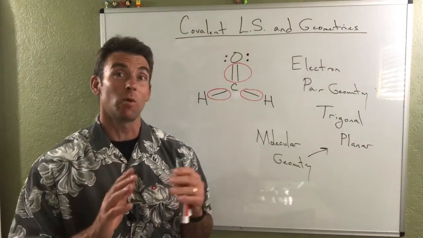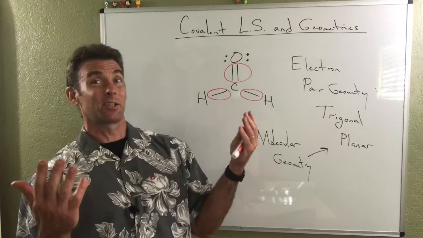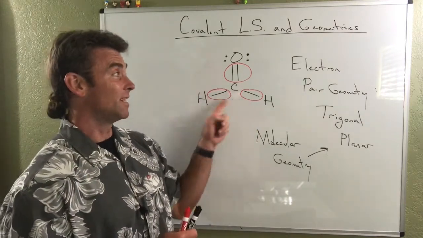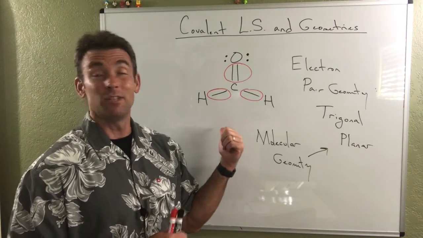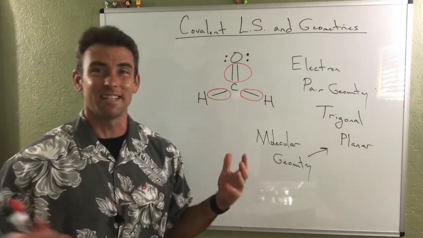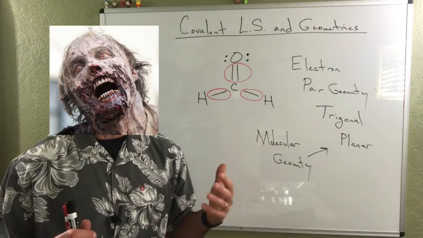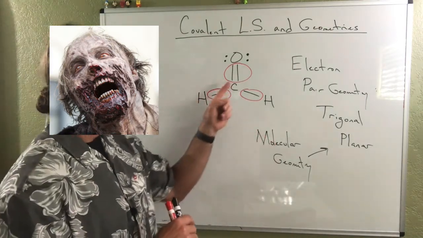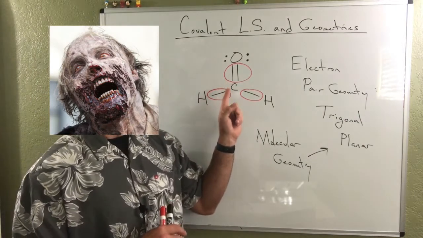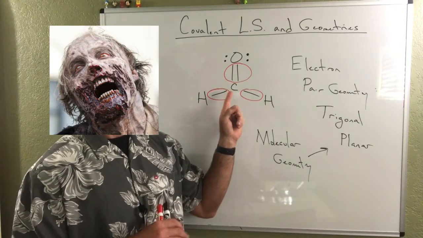If you have any questions about what the bond angles are, it's actually pretty easy to figure out, because if you have 3 different people that hate each other and you stake them in the ground, assuming they don't eat each other, but I've been watching a lot of zombie movies. I don't know if that really happens anymore. This coronavirus thing is totally throwing me off. So anyway, assuming that these people don't eat each other,